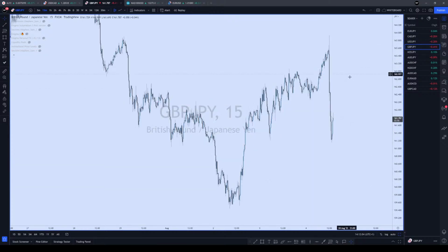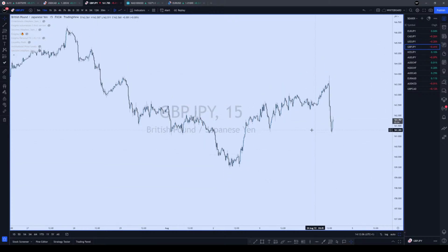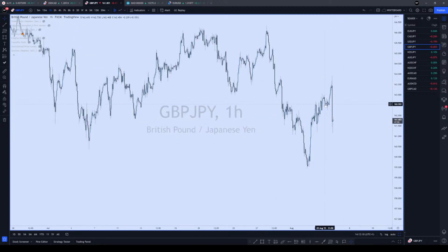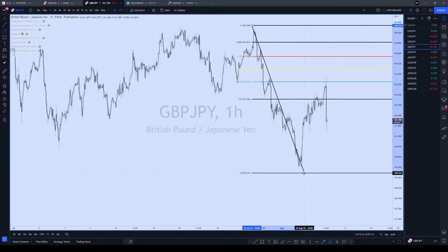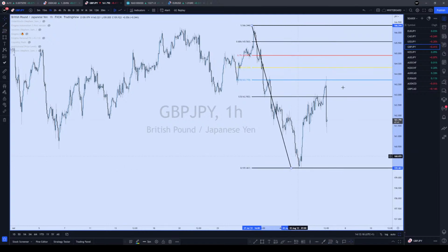Pound yen, not so much because of the rate announcement. It just collapsed, so I will not touch this one, or you shouldn't be touching it at all. Let me see if it did actually trade to OTE. Yeah, it traded to OTE, so I'm not surprised, but it can come back up as a retracement. All right, not to go up, but it can come up as a retracement.